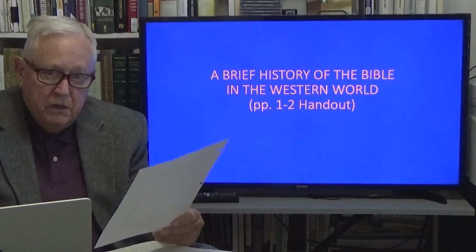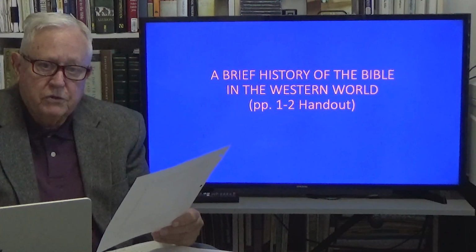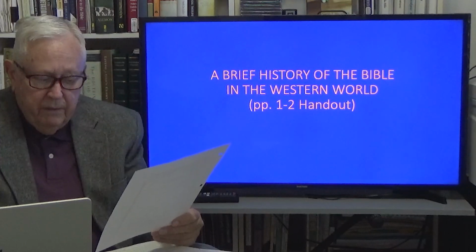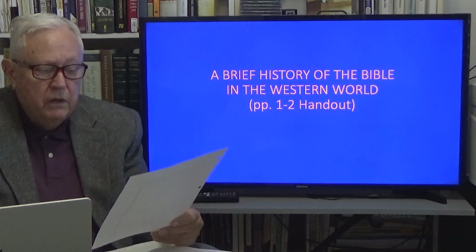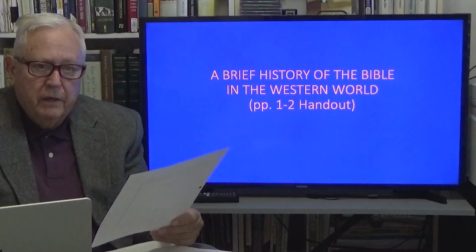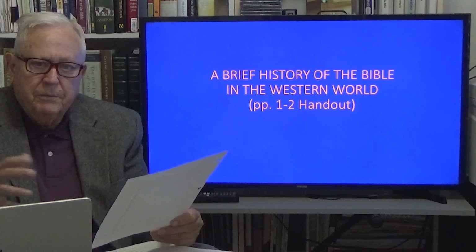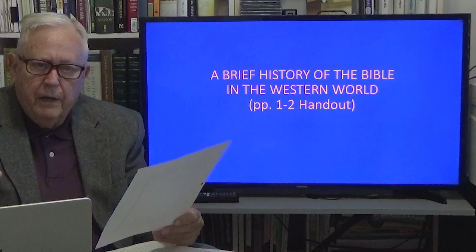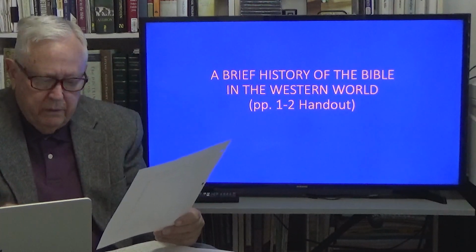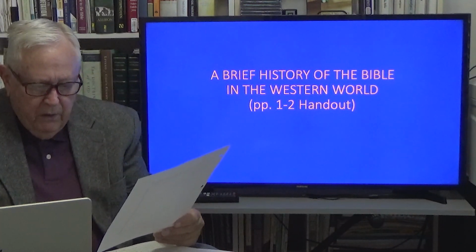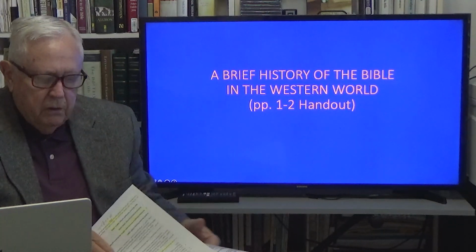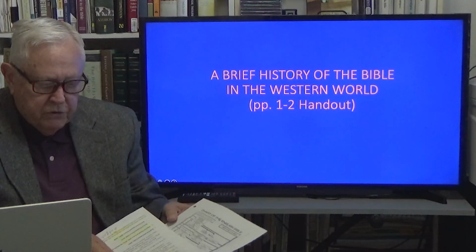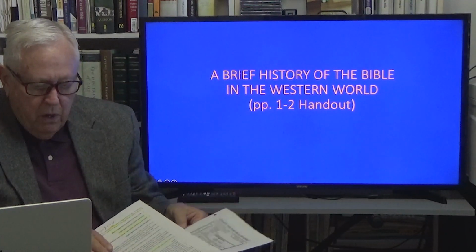So the King James was a huge contribution in Western culture. We celebrated the 400th anniversary not too long ago of the King James Version. It was celebrated in all kinds of circles in America in terms of Bibles. All right. So anyway, that chart is very important for you to get a picture of the Bible in the Western world. Okay. Now let's go on.